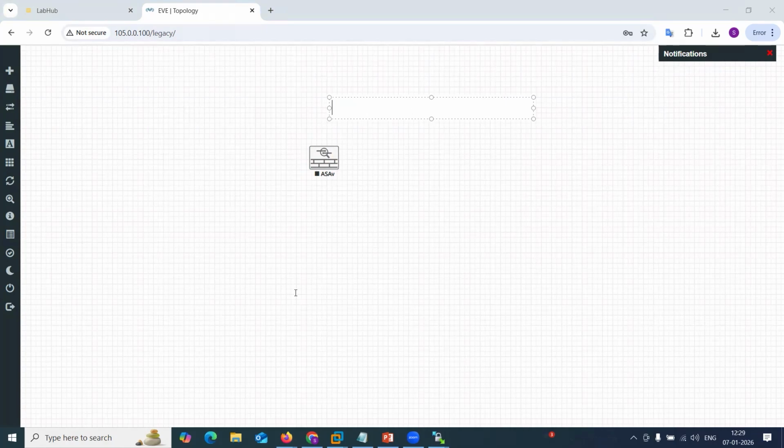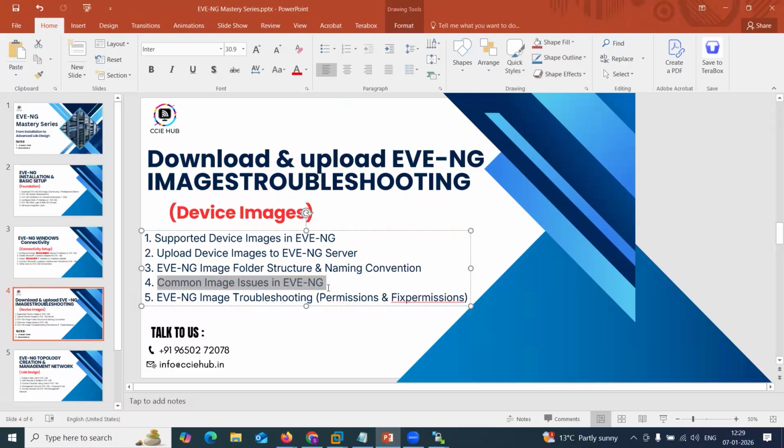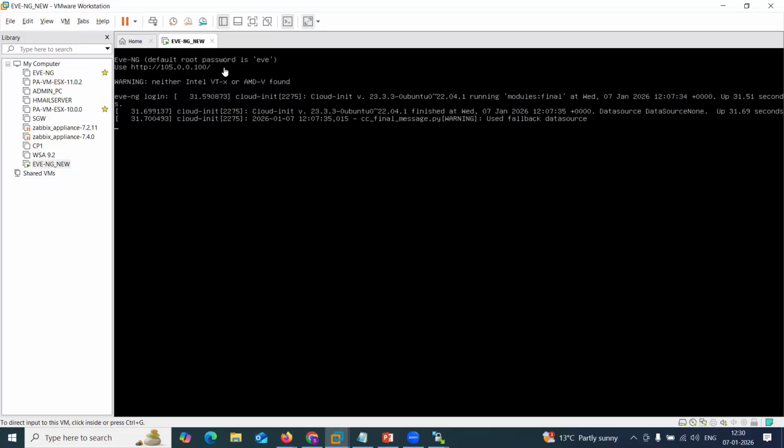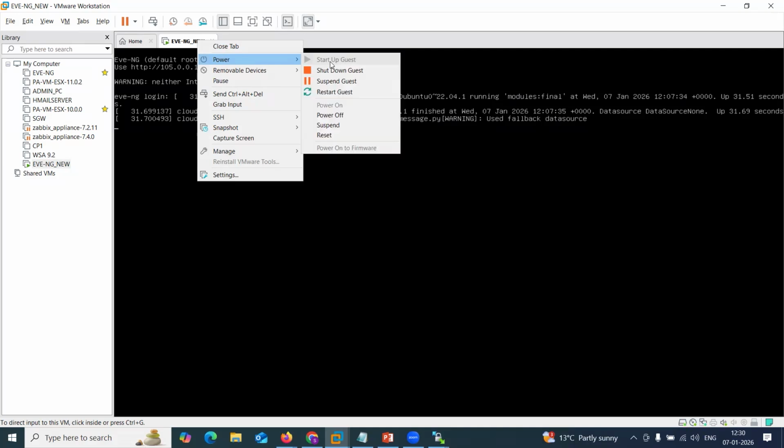We have some common issues in EVNG. The folder name and name of the EVNG image I have already shown you. Now I'm showing you some troubleshooting, like how to fix the permissions. If you're getting this type of issue, simply go to your VMware and shut down EVNG.